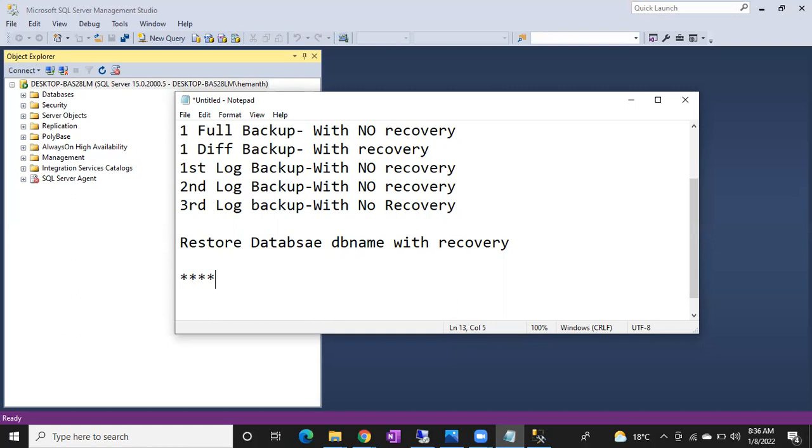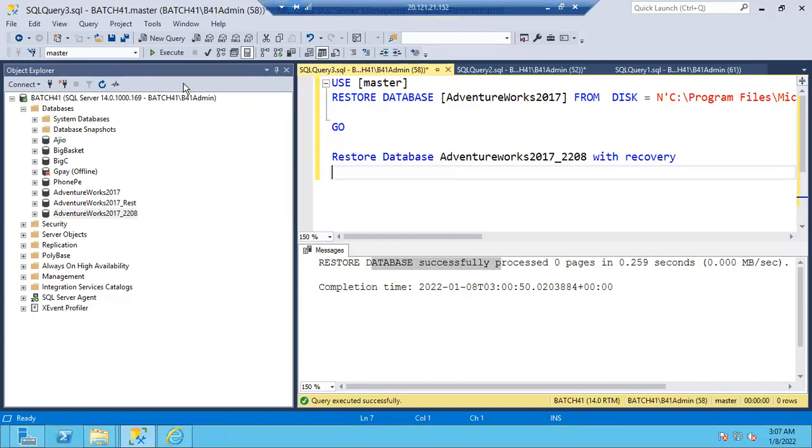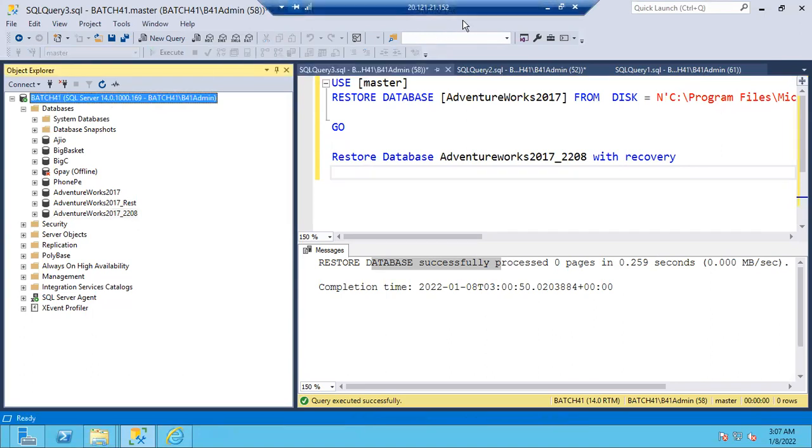Version is a very important thing. You cannot restore a higher version database into a lower version SQL Server, guys. So now this is my SQL Server 2017, 14.0. But on what database can I restore my 2017? Is it lower to higher or higher to lower? Tell me, guys, what is the correct answer?